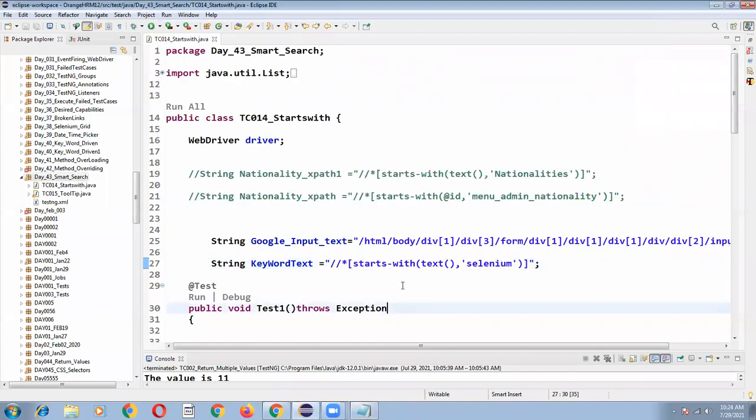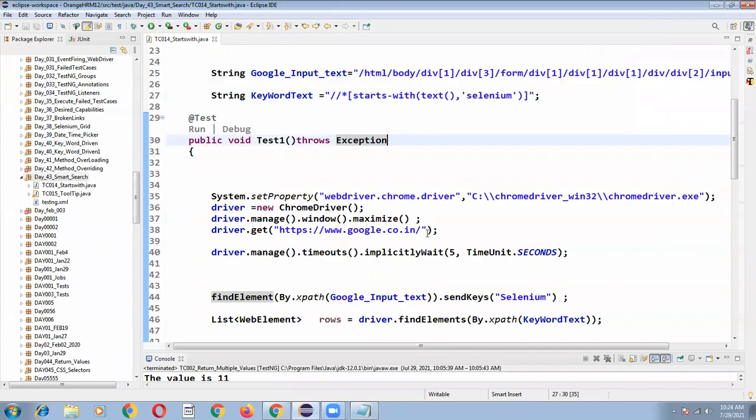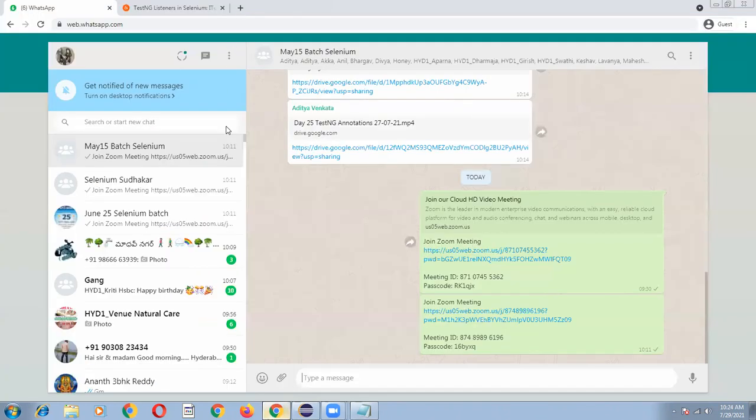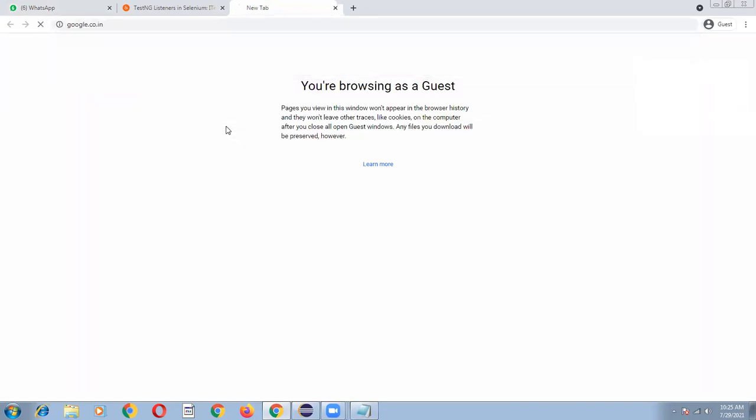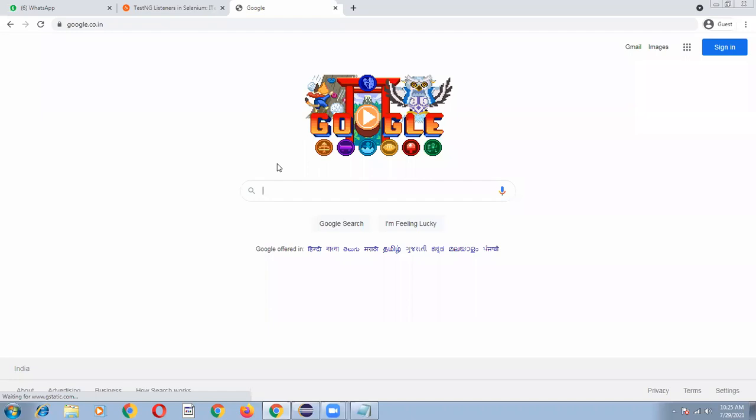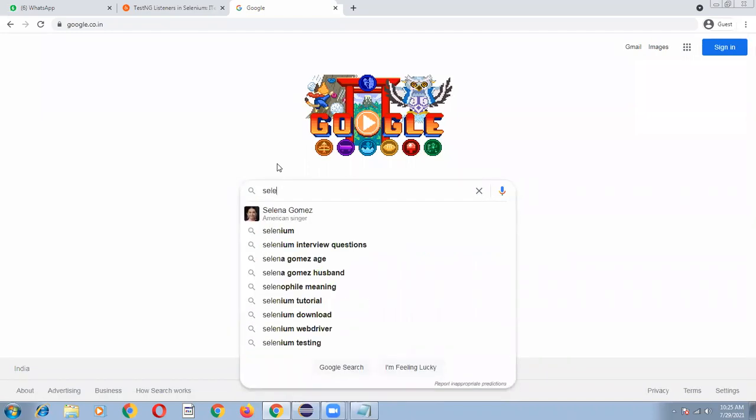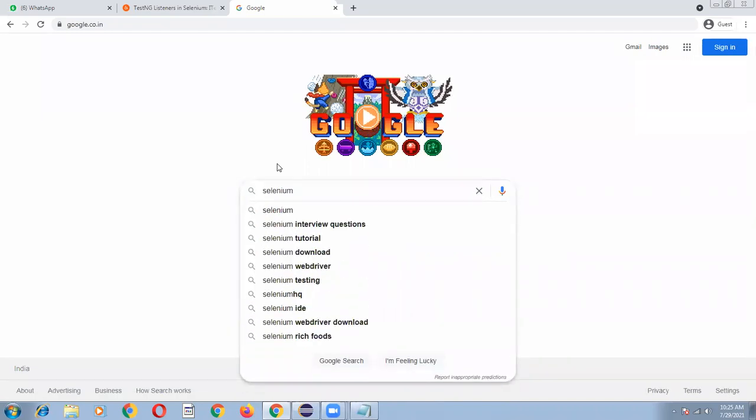We understood. Now let's go back to my program. What is the concept I'm going to tell you? I'm going back to my Google page and typing some selenium. How many keywords are coming? So this is called a smart search.